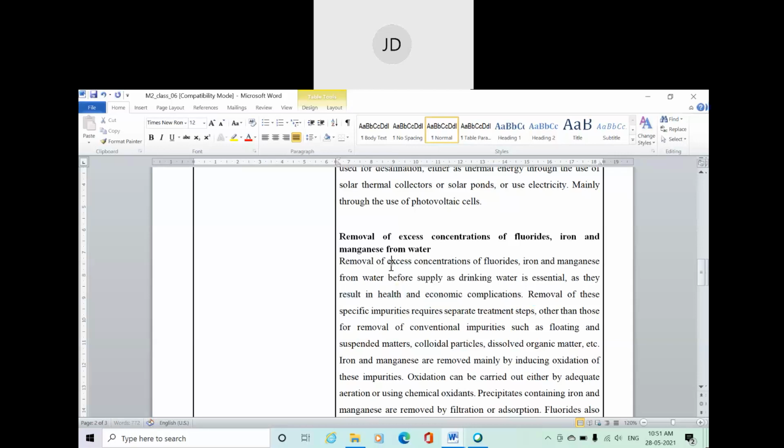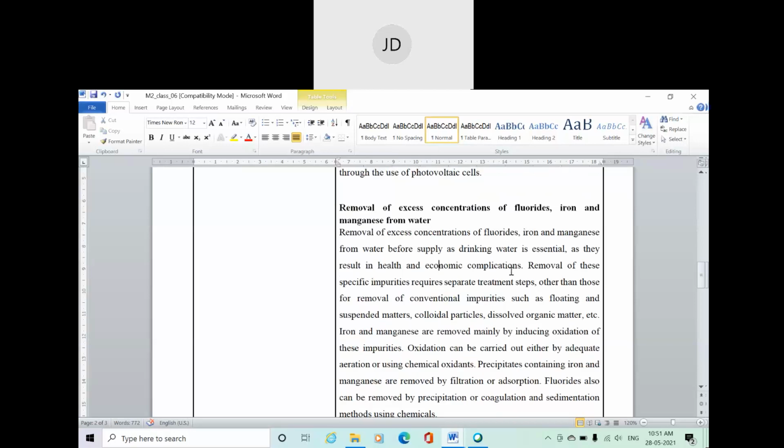Health, okay. We know that excessive iron and excessive fluoride cause health issues, and also economic complications, which means it will cause failure in the distribution pipe. So in that way, you can say it will also harm the economic point of view. Okay. So removal of these specified impurities, that is fluoride, manganese, and iron, requires separate treatment steps,